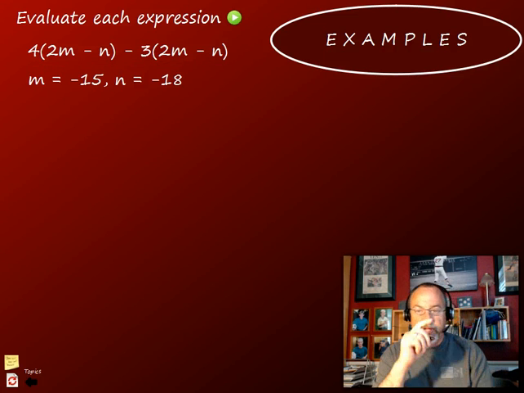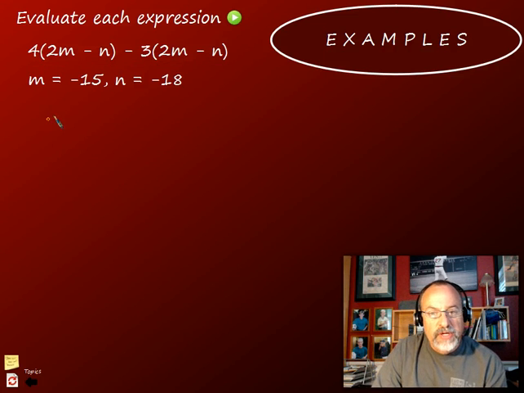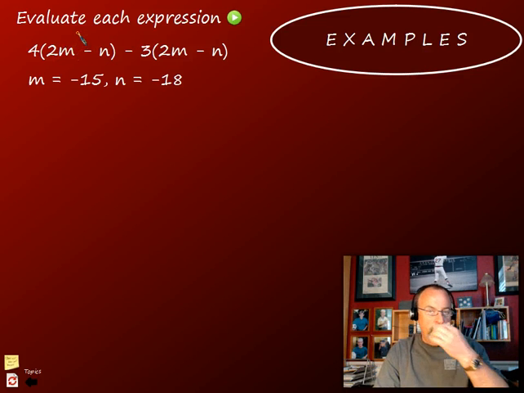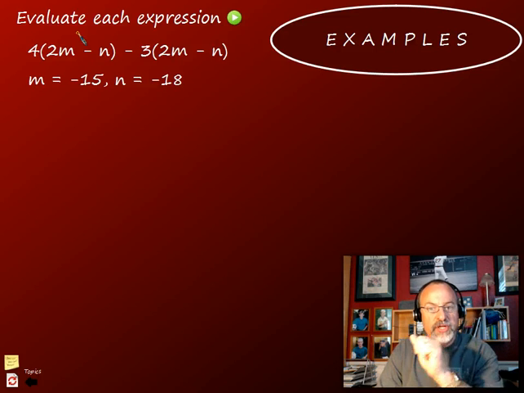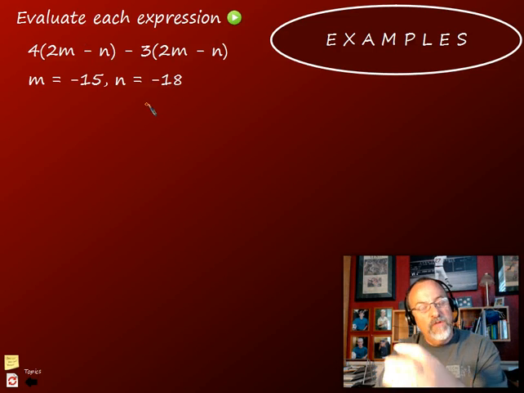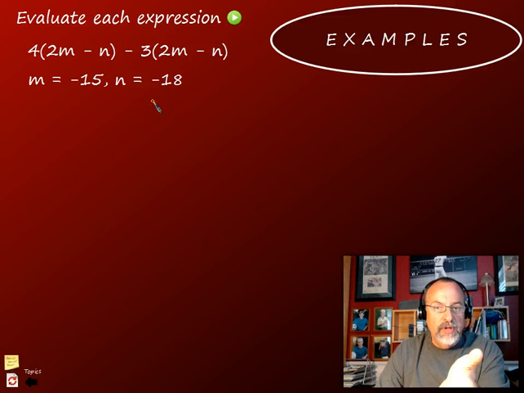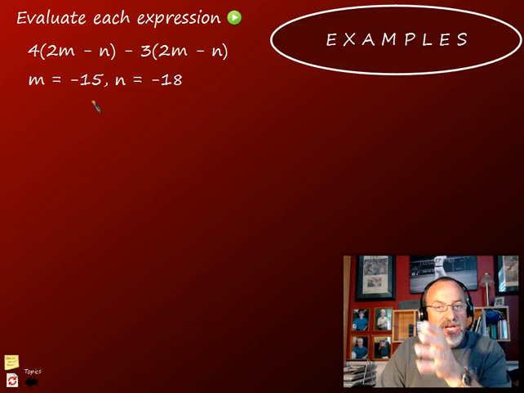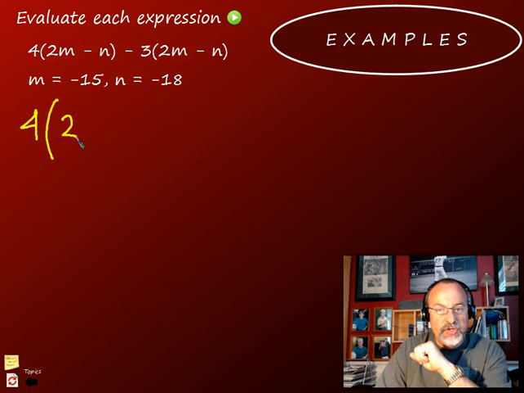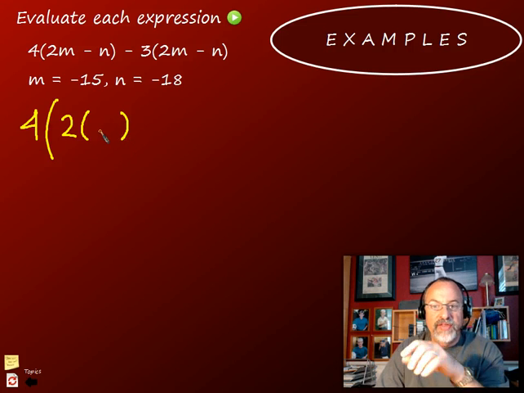Now I'm going to show you something here that I want you to do, and that is every time you have a letter, I want you to go through and rewrite the expression, and for every letter, put in a parentheses before you put in the number. And this will save you from losing a negative sign along the way. So let me show you what I mean. So 4, and I already have a parentheses, 2. Now for this letter, I'm going to write a parentheses, not put anything in it. That's my m